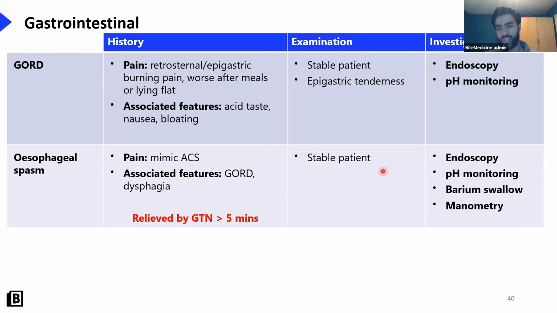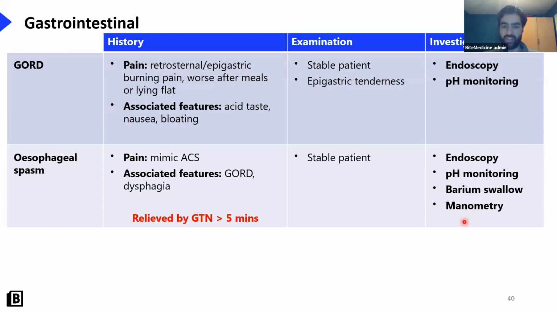Again, stable patient, and the way you can assess for this is with endoscopy, pH monitoring because it's associated with reflux. Barium swallow, you can actually see the contractions of the esophagus on the barium swallow, and esophageal manometry. So that's measuring the pressures within the esophagus, which may be raised in certain